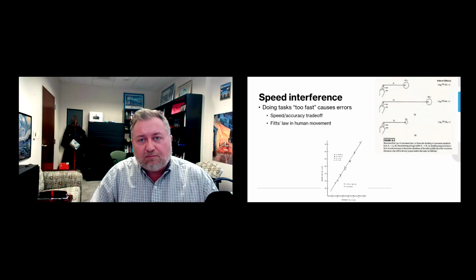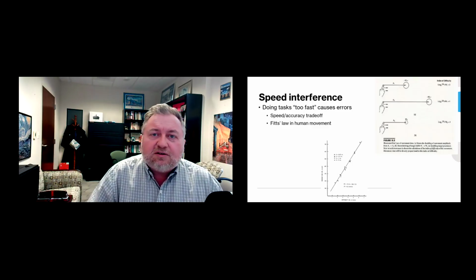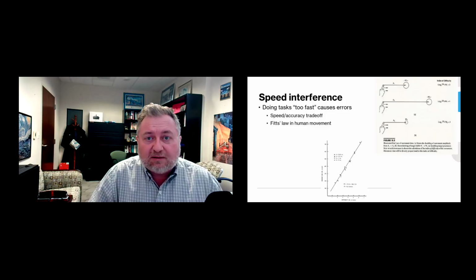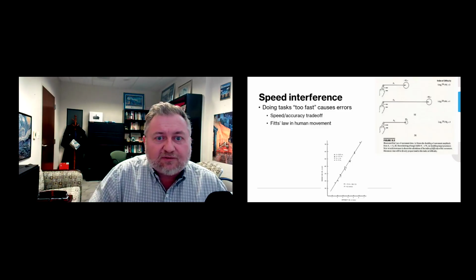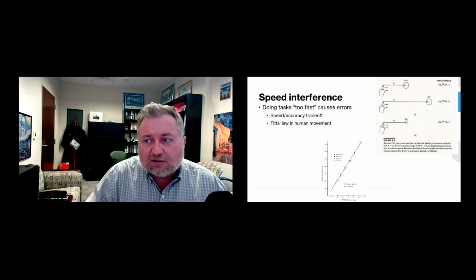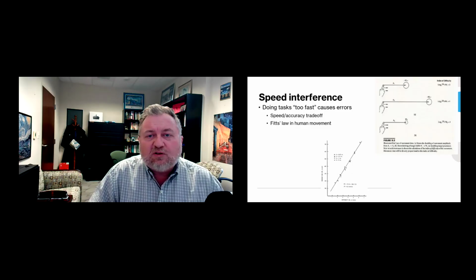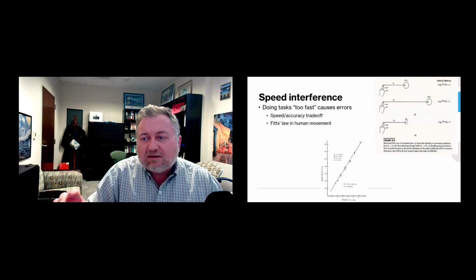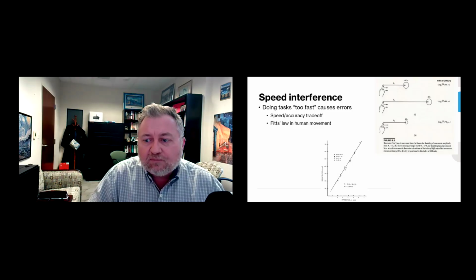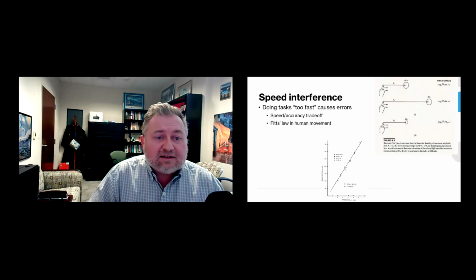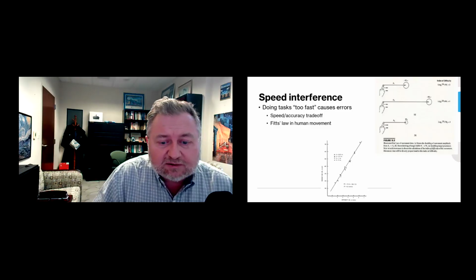So what this would predict is that if this ratio is really that important for determining the movement difficulty, and therefore the amount of cognitive control required in ensuring that my hand reaches the target, then I would expect that the movement time to the two stimuli that both have the same index of 4 would be the same. And that is exactly what Fitts found in this original research.